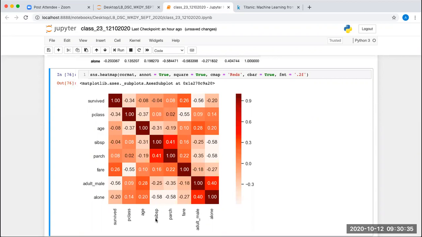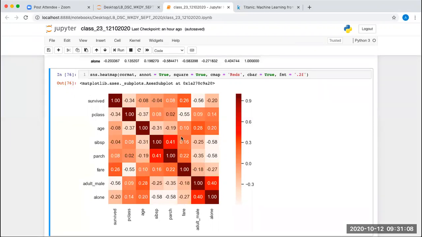So if there is a sibling or spouse, then there might be the parent also with the siblings. Okay, that is the correlation we can see here. It means if people are onboarding in a group of 3 or 4 people, the correlation is saying that there is a possibility of a parent-child relation in that as well. Okay, this is what we can understand from here. Clear, guys?